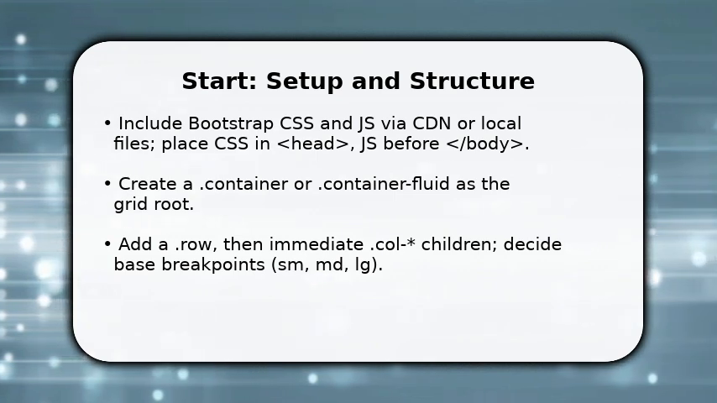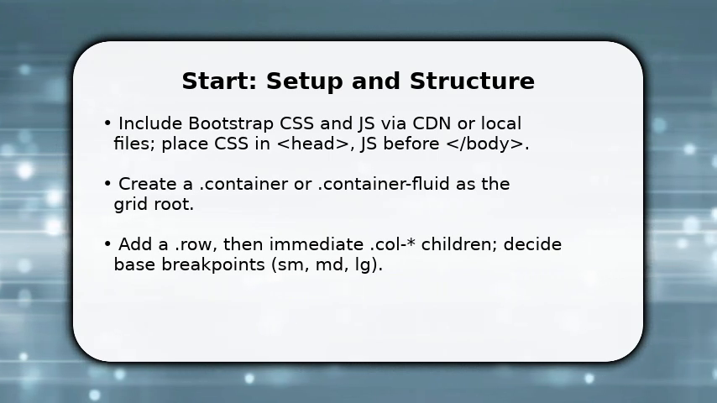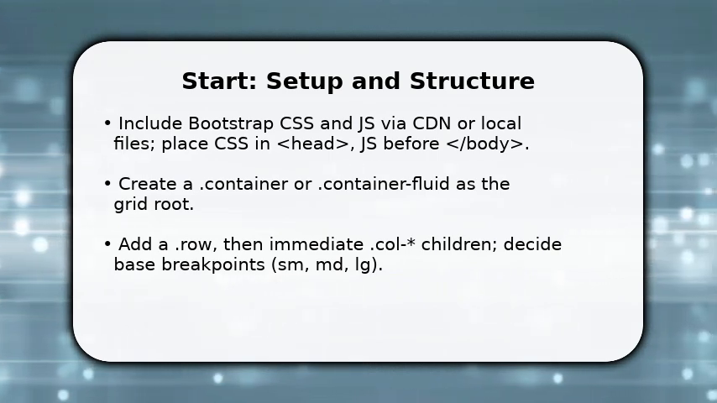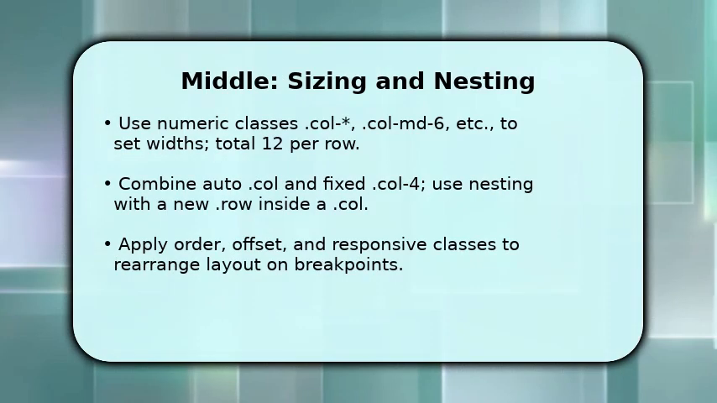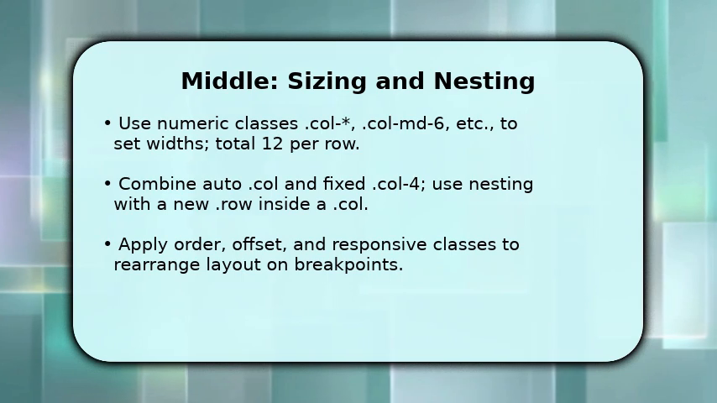Make sure column classes are on the immediate children of row. This establishes gutters and responsive behavior before you move to column sizing. Now you map out widths. Assign numeric classes so each row sums to 12, for example,